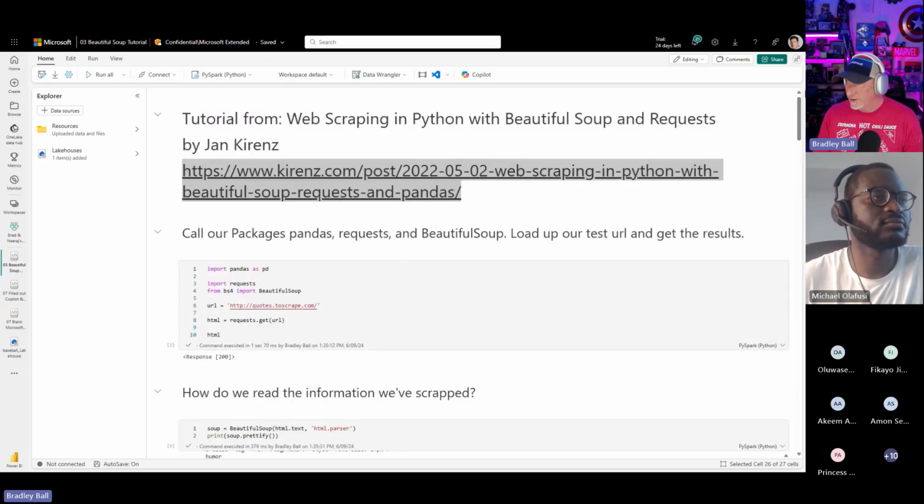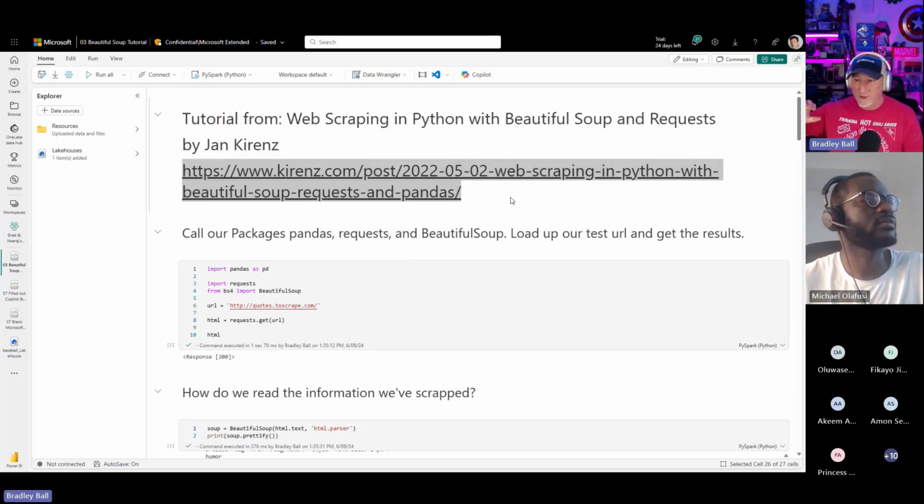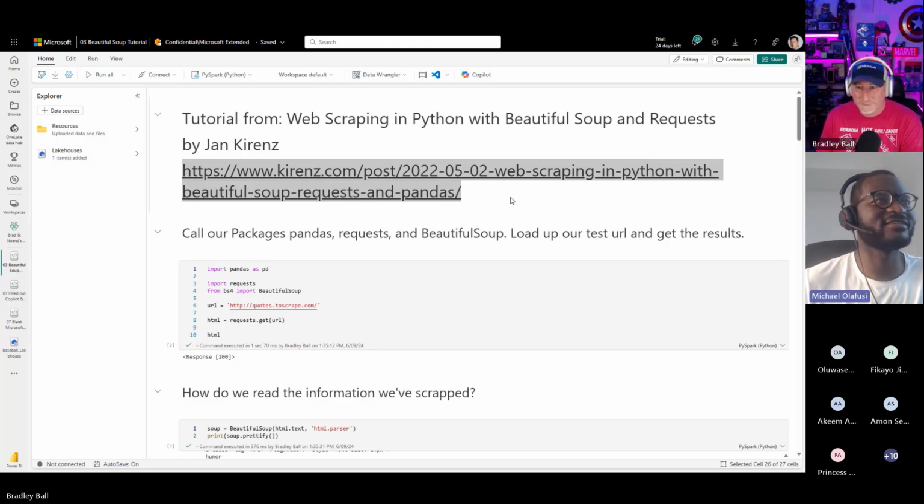That was the really great thing, and part of the reason I wanted to give him credit so far up front is because everything that you need to be able to do this is in that blog. I just thought it was really cool. I've done a lot of Beautiful Soup scraping in Python on my local system, and when I read it, I went, hey, I wonder if I could do this with Fabric? And it worked beautifully. So I went, well, clearly this should be a demo. Great, thanks.